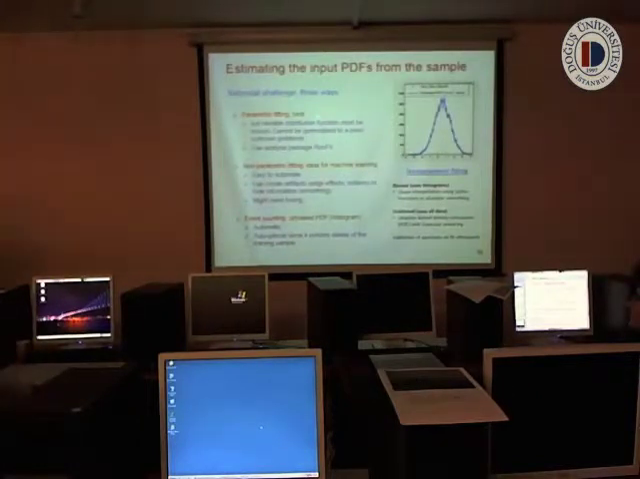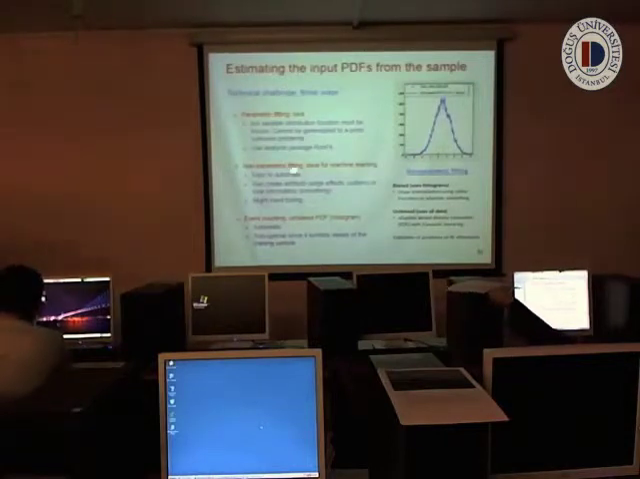I'm going to skip that one. That tells you how to get PDFs from your data sample. They are using spline fits and